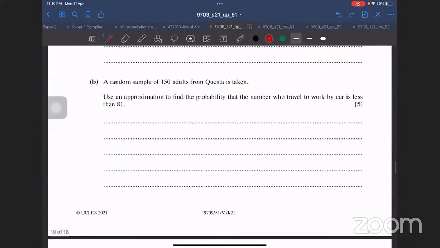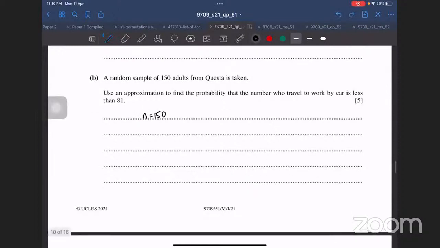Then it says a random sample of 150 adults. So this is suddenly grown into a large value for n. Since it says use an approximation, that is a hint that you need to use the normal approximation to the binomial distribution, X is less than 81. The first thing that you should do is a continuity correction, so that gets corrected